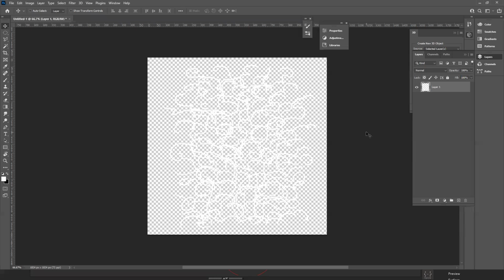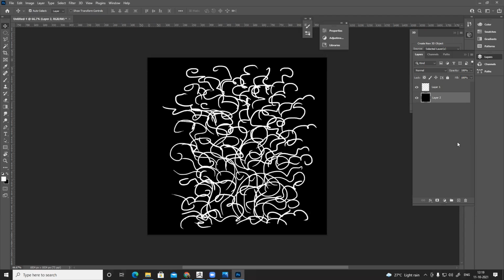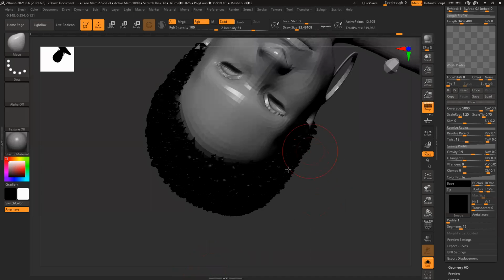JPEG doesn't support that thing. Okay, anyways. Alpha, I don't know, usually if I apply a PNG, it shows alpha directly here. It's not showing. Save the thing.